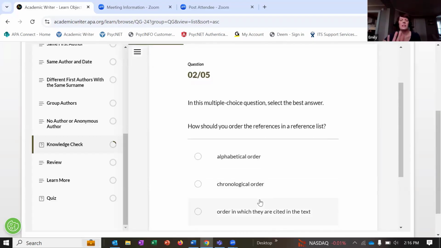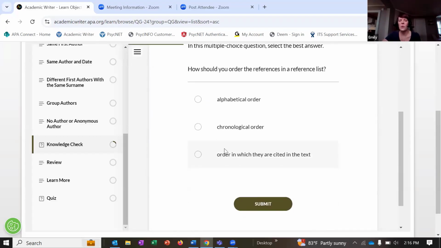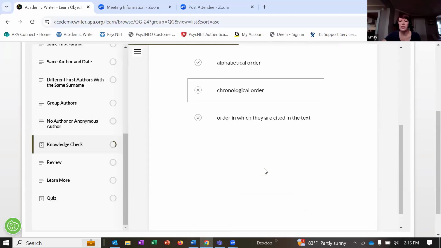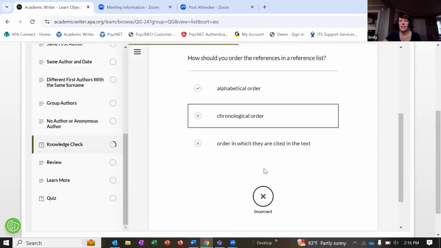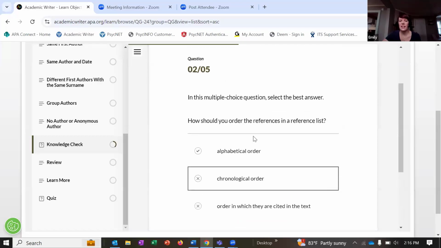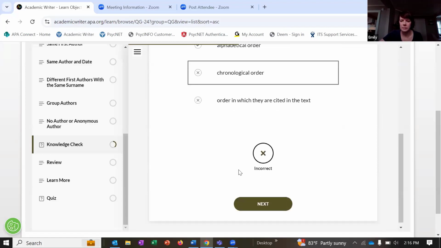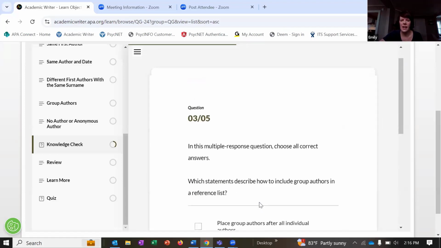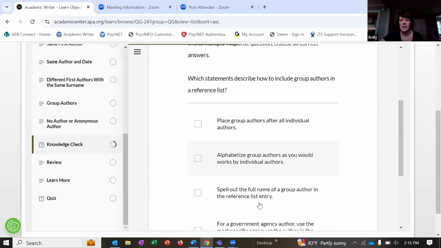And just remember, these knowledge checks are not scored, they're just for practice. I'm going to go through, and I got it incorrect again. It tells me which is the correct answer. So I do get that immediate feedback on these knowledge checks, so I can know what is correct and what is incorrect. Okay, and keep going through this.